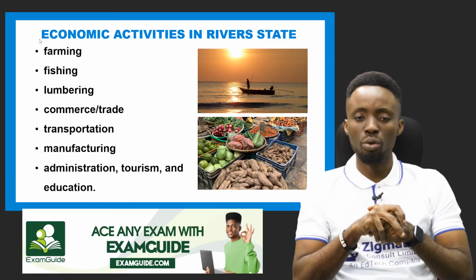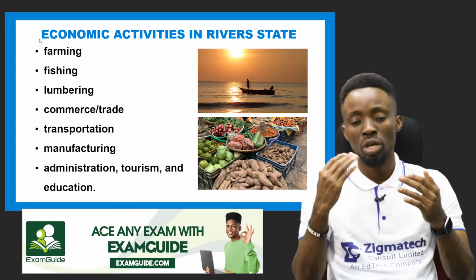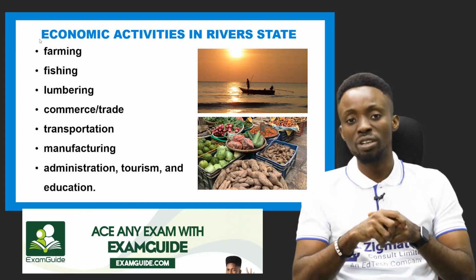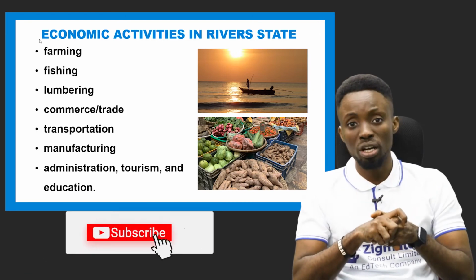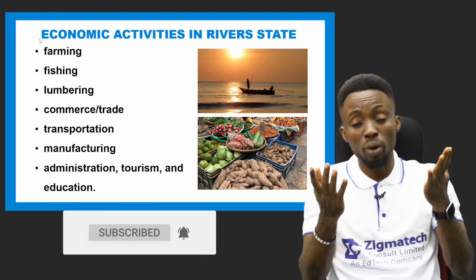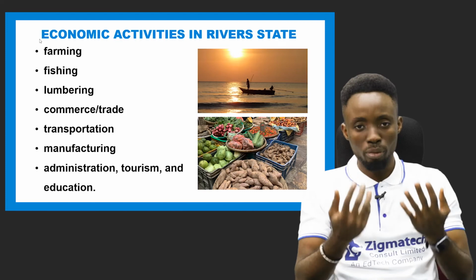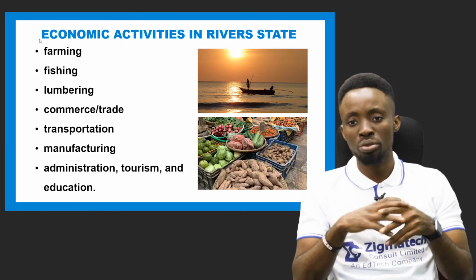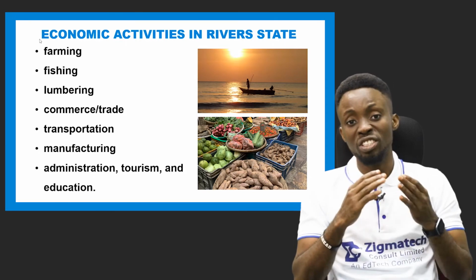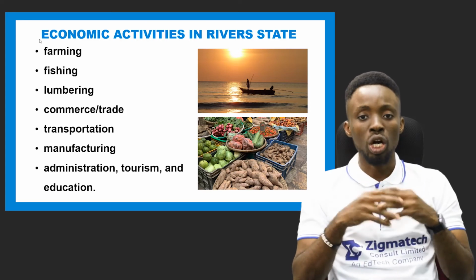Then we also have manufacturing activities, majorly common in places like Obiakpo local government area and Port Harcourt local government areas. Now, in these local government areas, we have quite a number of industries where raw materials are being converted into finished goods. And we also have administrative activities going on in Rivers State, and we also have tourism too, because Rivers State